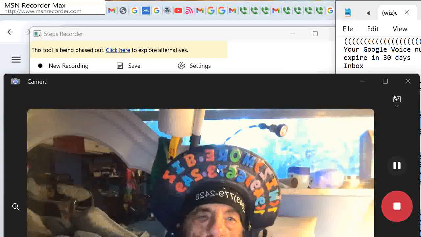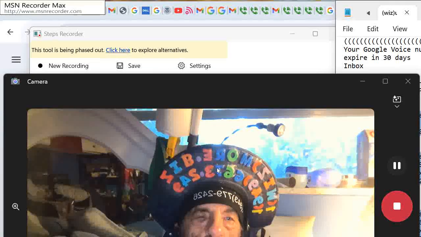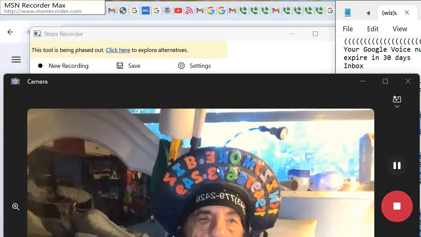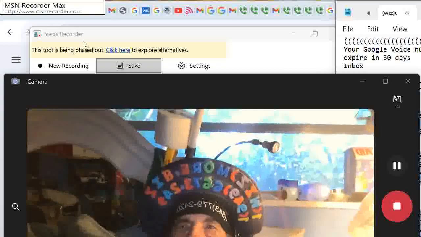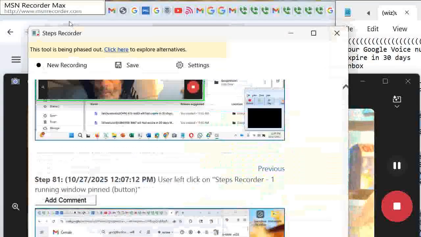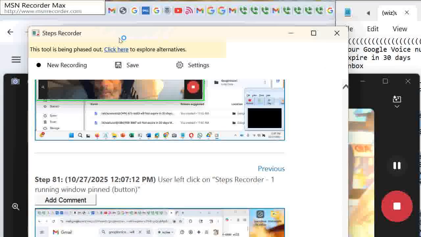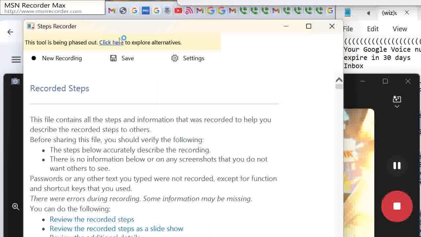At this point, the image appears in the right lower corner of the screen, and I'm going to add to that a recording of MSN Recorder Max, where you can see the last recording. This is a screen recorder, and I want to check the settings